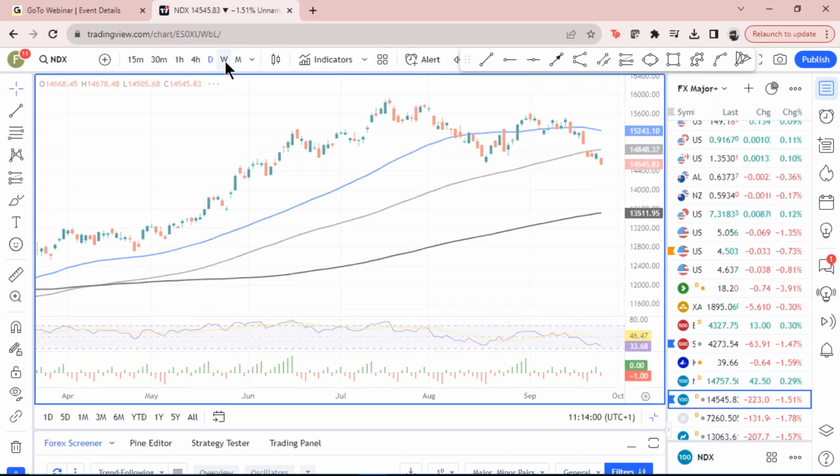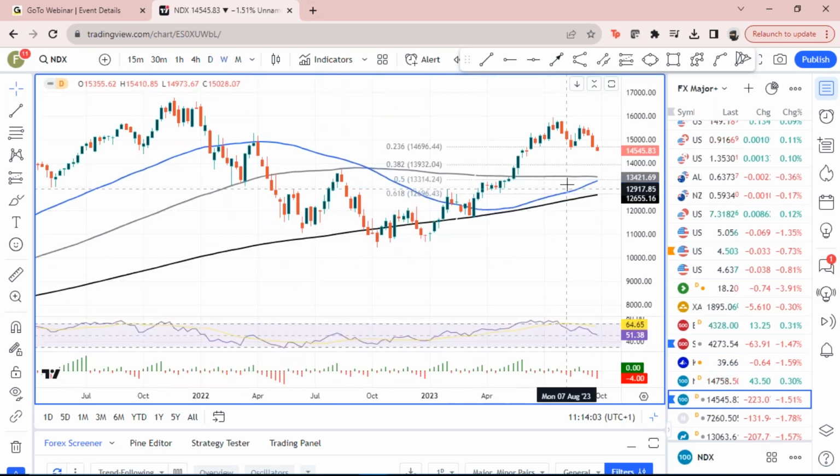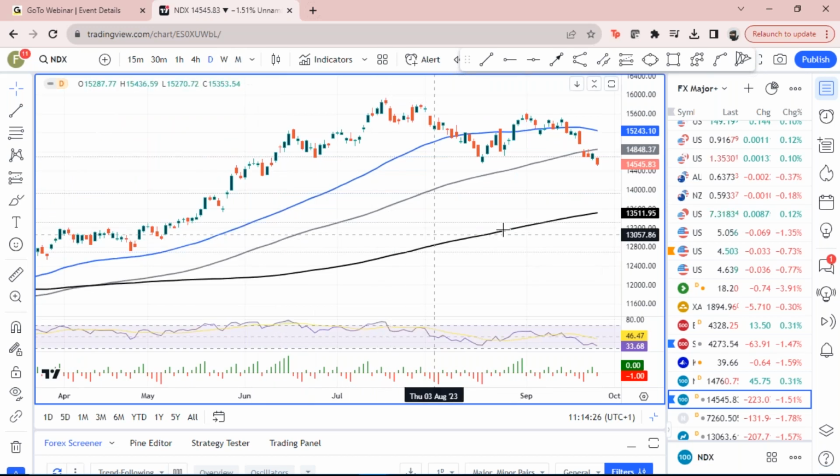As for the Nasdaq, you can see now we are breaking below that mid-August low. That's 14,557. We've broken below there. That, with that close on the lows last week, hinted at more downside. We're getting that now, especially if we've broken that mid-August low as well as that near-term fib level. Look on the daily.